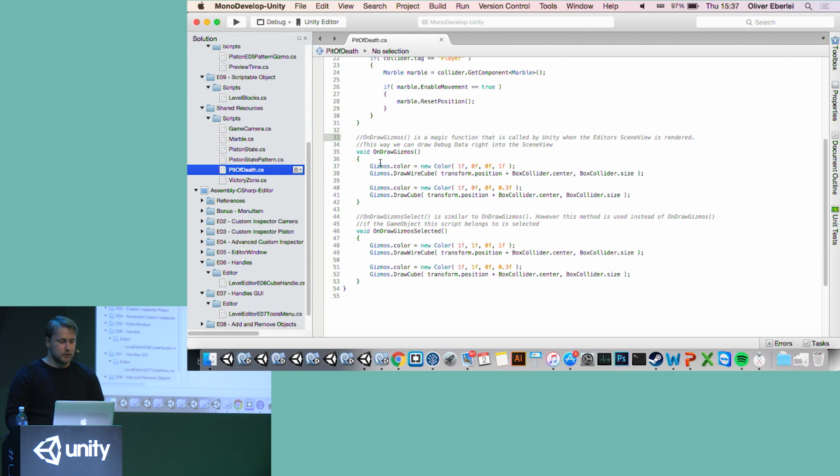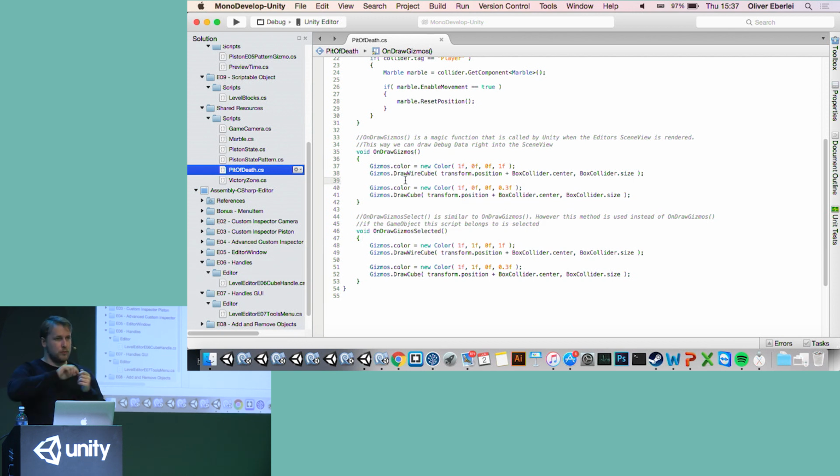And what I did here is, you have this construct Gizmos, and that is the construct you use in the function OnDrawGizmos to do all of your drawing. So first of all, I set a Gizmos color. You do that first, and then everything you draw after that will have that color. So you can see here I draw a red wire cube.